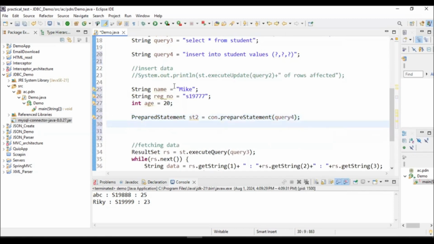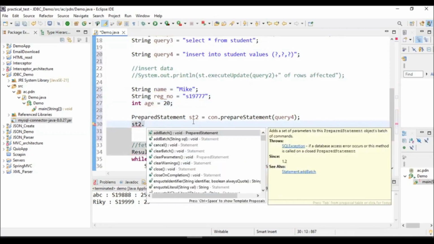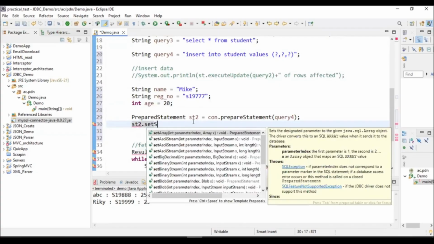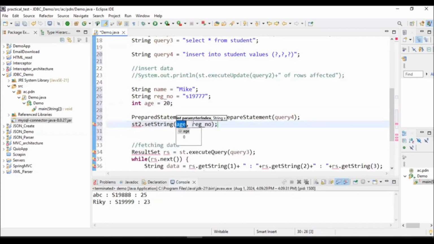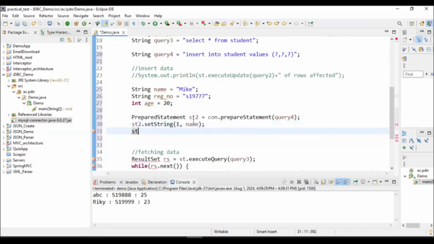Now we have to map this data into these question marks, right? We have to map this data into this question mark. Then we can use, in this way, object name st2 dot setString. Then we have to give the name of the column or the column number. In this case, name should go to the first column, right? Then for the second one,